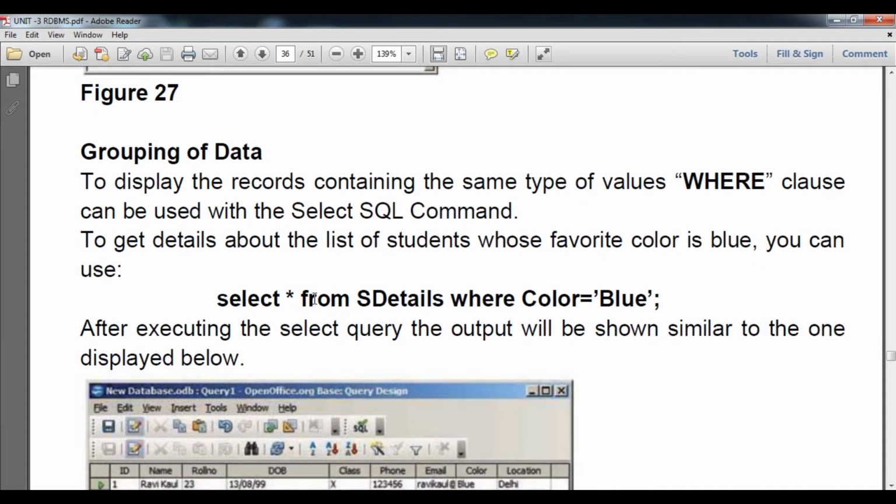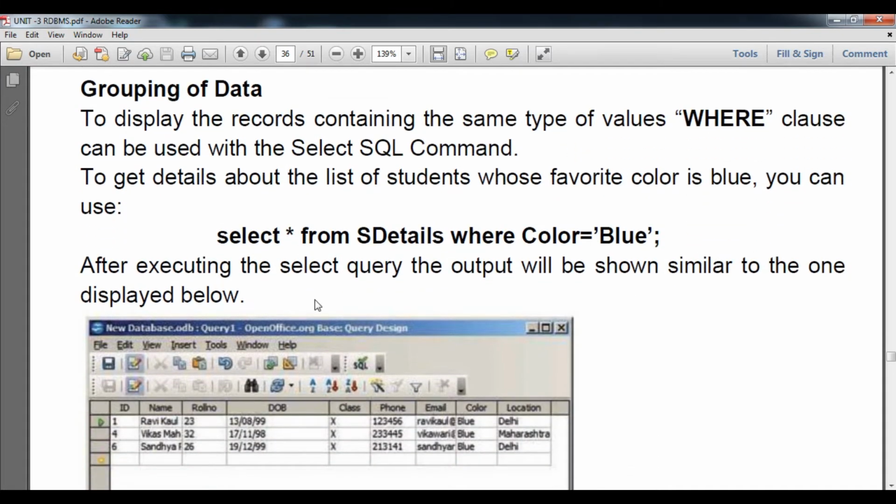Now we are going to understand grouping of data, as I taught you with the where clause. Whenever we use the grouping method under some condition to access details, at that time we have to use the where clause. The where clause contains an attribute name along with an attribute value that is matched to this particular attribute's value.